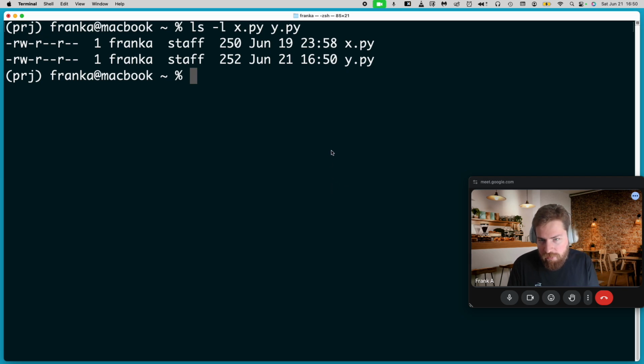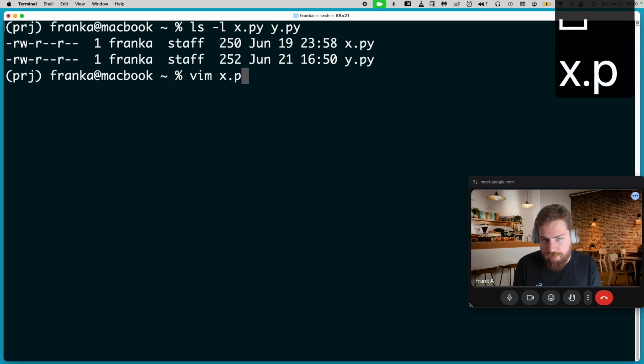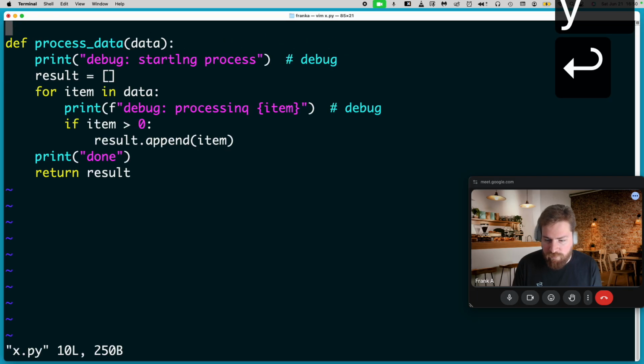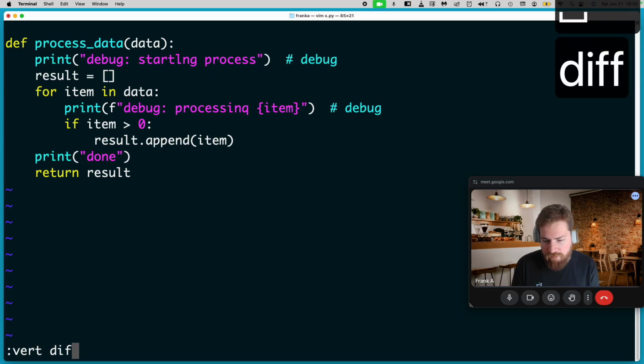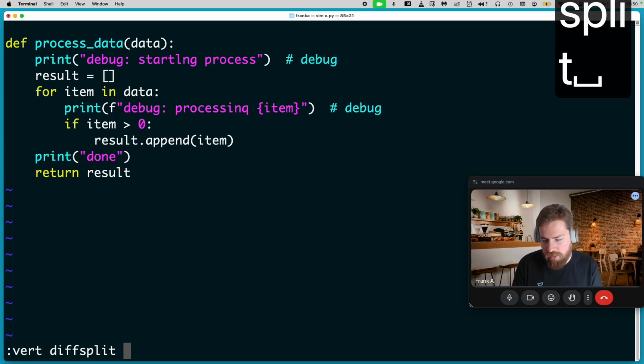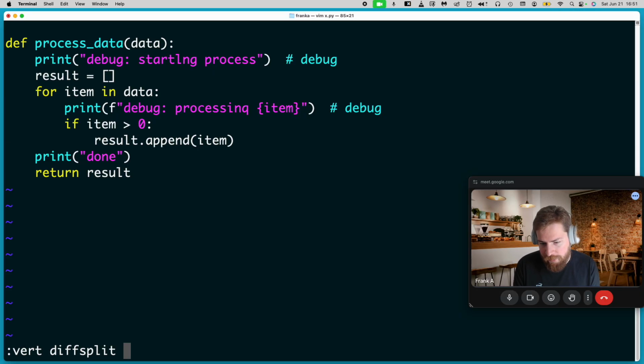In Vim, you can compare two files for differences. It's built into Vim, it's diff. So, for example, if we open the first file, x.py, we can then compare it to another file by typing escape, :vert diffsplit, that shows you the differences between the second file, and then the file name, for example,